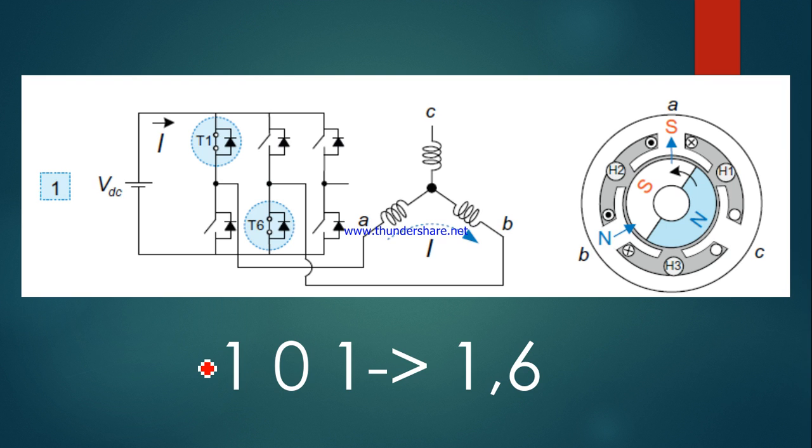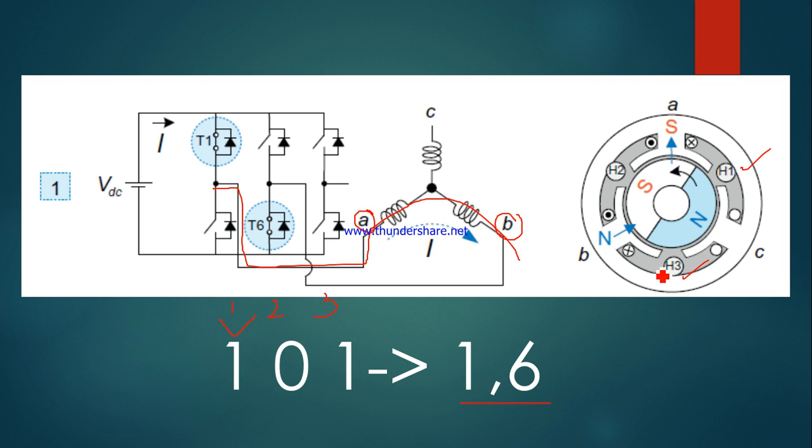So suppose right now my rotor is in this position. As I told, the north pole is nearer to H1 and H3. So you see H1, this is 1 basically, 1, 2, 3. If it is like that, then what will happen? I will switch on the switch number 1 and 6. This is my 1 and this is 6. If I do that, you see current will flow like this. So my pole A will become south and pole B, the phase B, will become north.